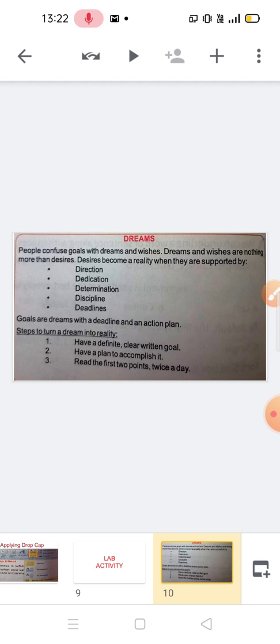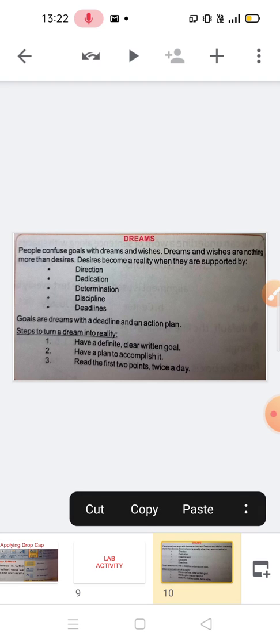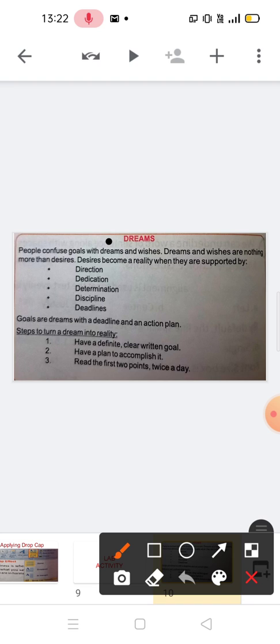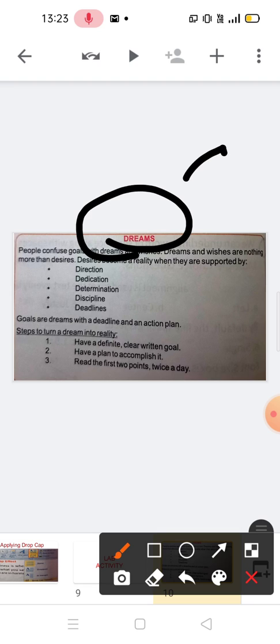I am showing you a presentation. There each and every point is used. Here you can see. In this option, this is the title of this page. Here you can see the color, you can see the effect.